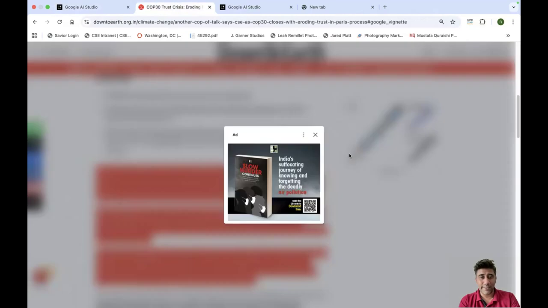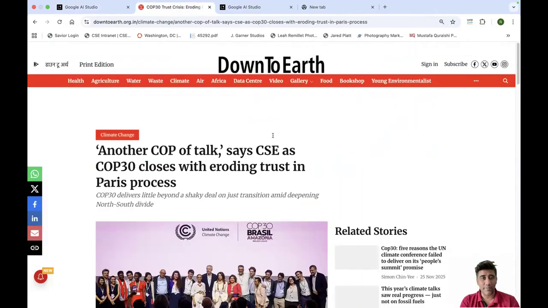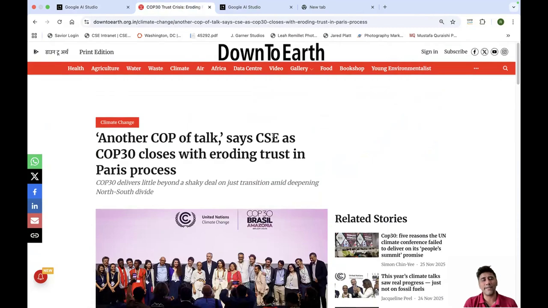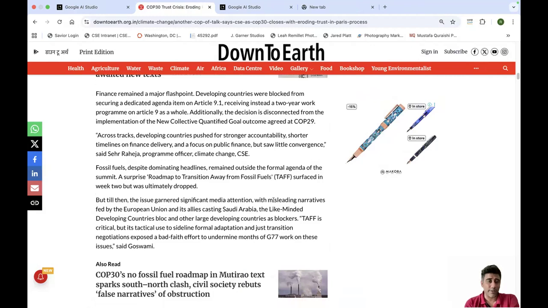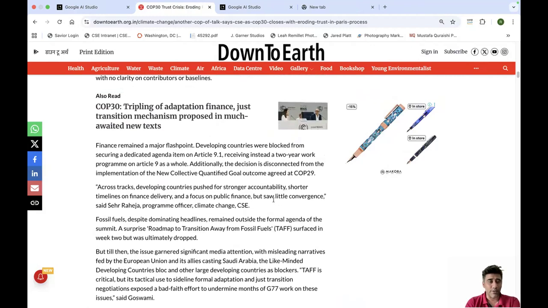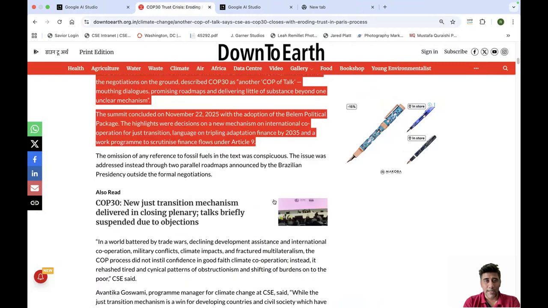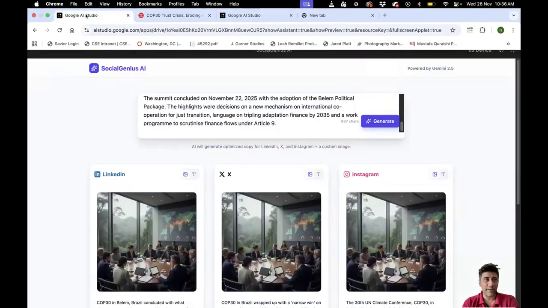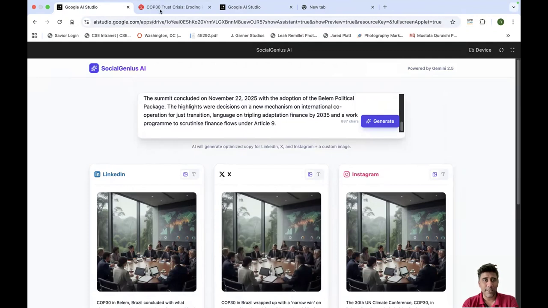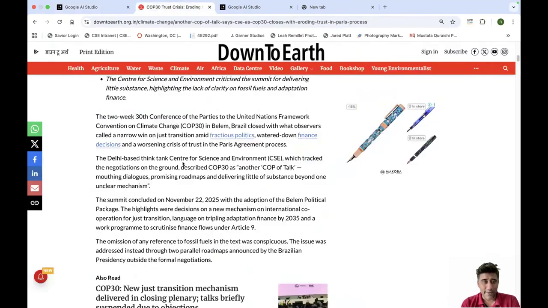Let's say this is the article on the basis of which I want the AI to create social media content. This article is, let's say, 1,000, 1,500 words long, or a little more than that, whatever. So rather than copy-pasting the entire content and asking AI to come up with different social media posts, it is better if I want to create, let's say, 3 different posts to be pushed out at 3 different times,